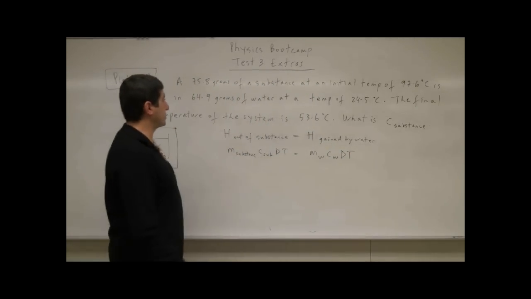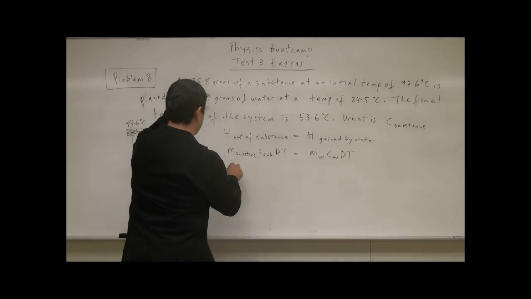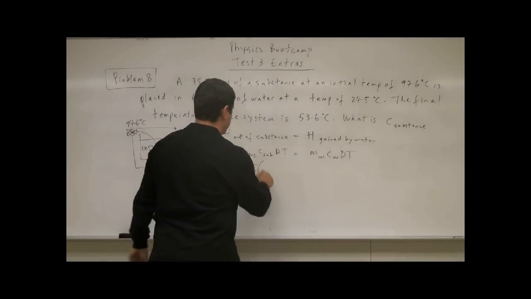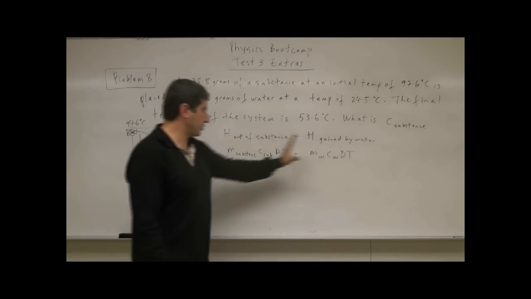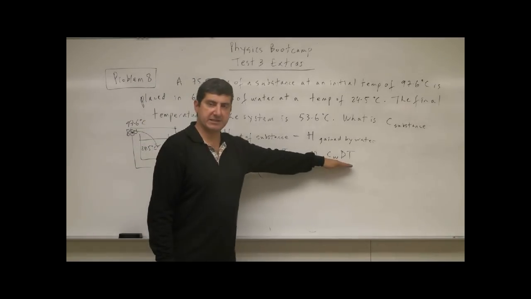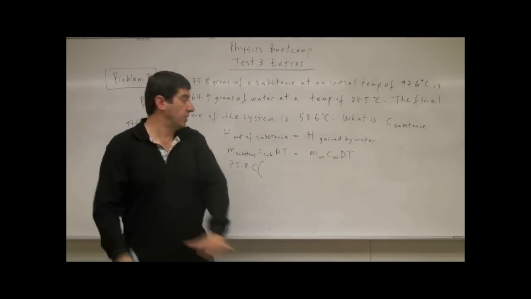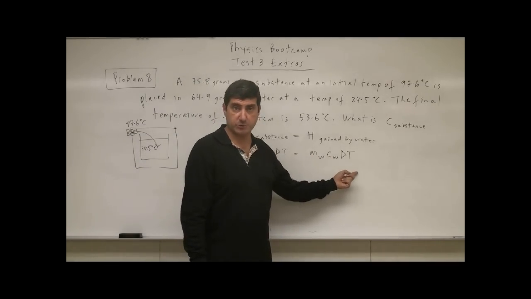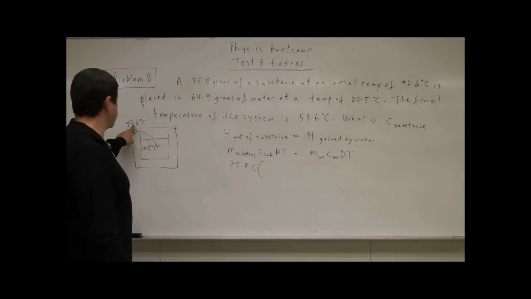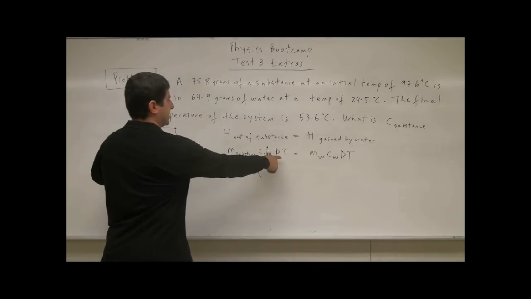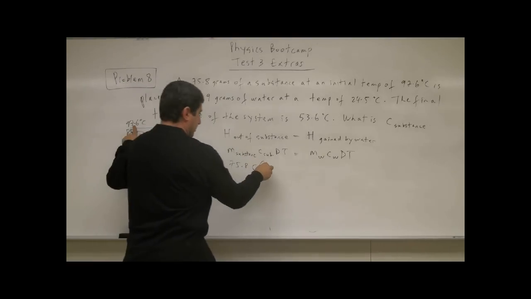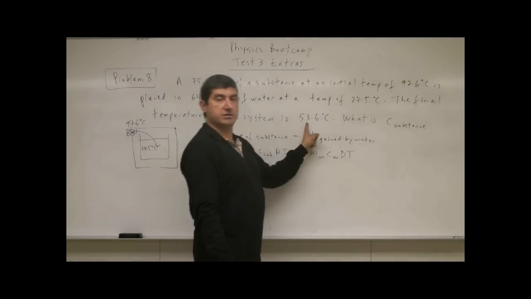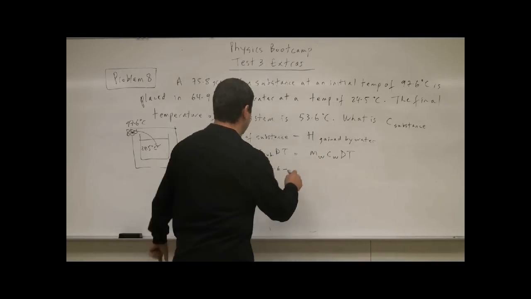So the mass of the substance we know is what? 75.8. The specific heat of the substance we don't know. The change in temperature of the substance is what? When I'm doing it this way, I have to make sure both sides are positive. I'm looking for the absolute value of the change of the temperature here and the absolute value of the change of the temperature here. So in order to make this positive, I have to say the initial temperature of the substance, 97.6, minus the final temperature of the equilibrium system, which is 53.6,